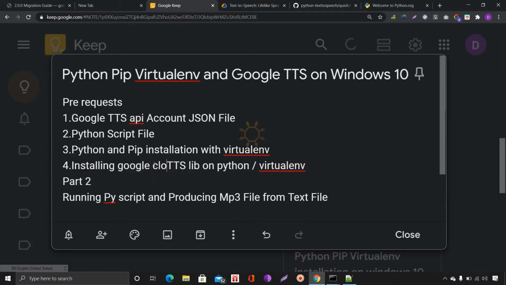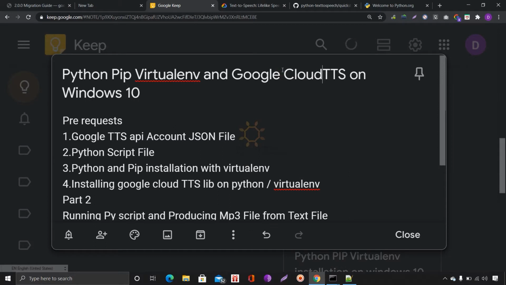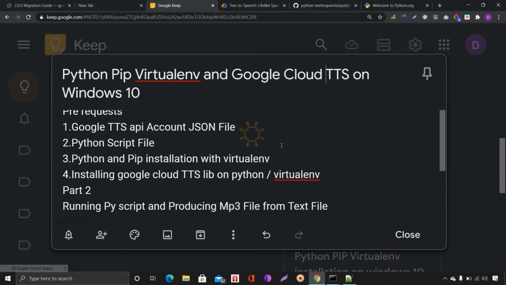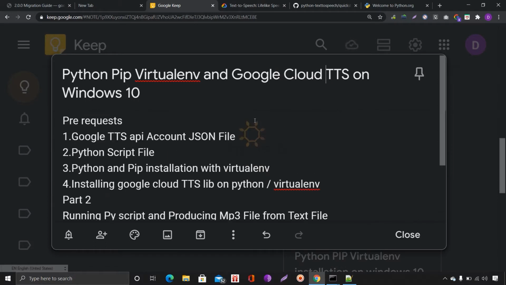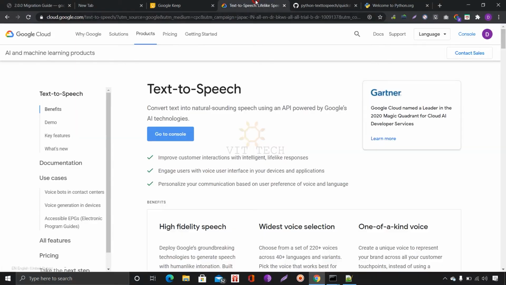Actually it is a Google Cloud. So first we will go to the Google Cloud Text to Speech. Here is the Google Cloud Text to Speech website. Here you can see Google Cloud. Actually Google Cloud is offering